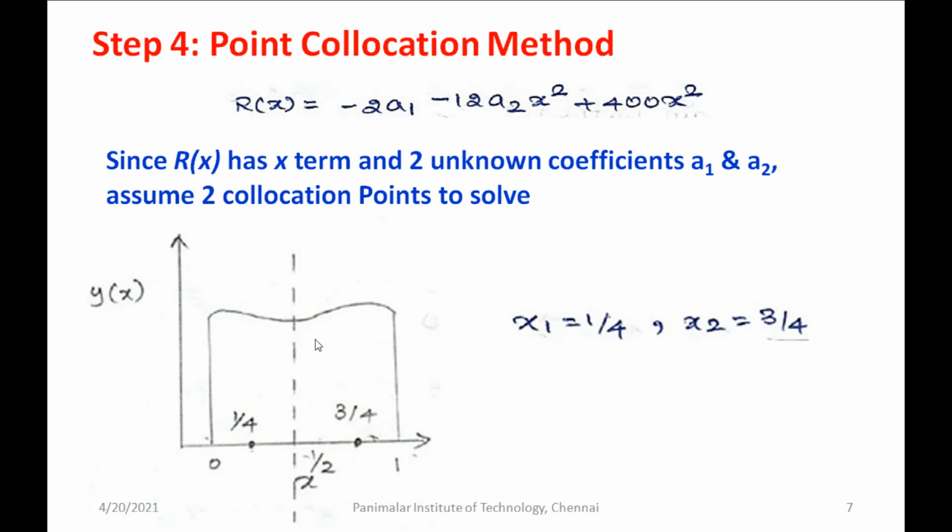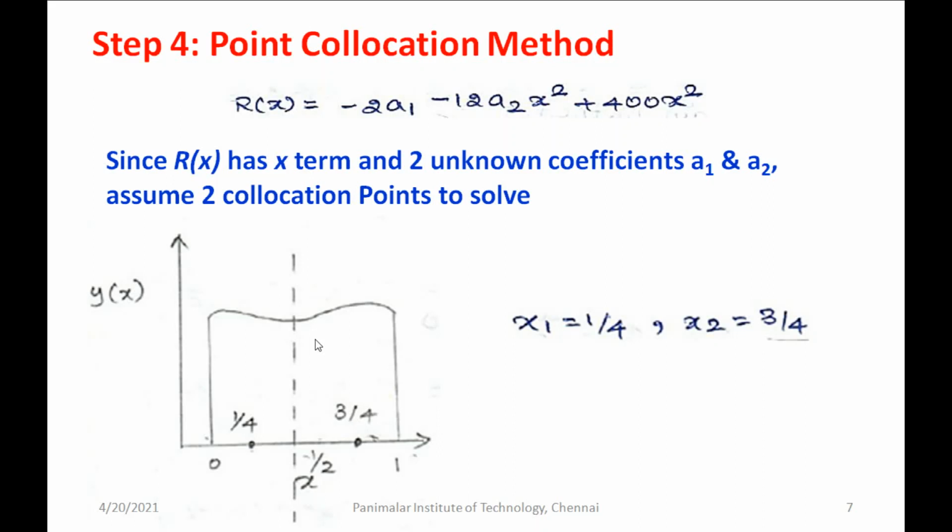For that I'm showing graphically here. In this graph, on the x-axis we have 0 to 1, that is the boundary limit. Within this boundary, since we have to select two collocation points, if it is one collocation point, we have to take the midpoint of the domain. Now two collocation points are required, so what you have to do is divide the total domain into two halves. So 0 to 0.5, or 0 to 1 by 2, and 1 by 2 to 1. This is the domain.